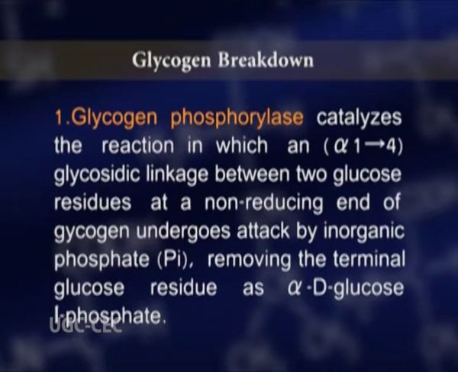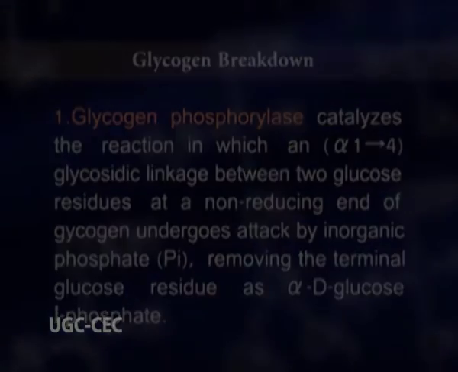Glycogen phosphorylase catalyzes the reaction in which an alpha-1,4 glycosidic linkage between 2 glucose residues at a non-reducing end of glycogen undergoes attack by inorganic phosphate, removing the terminal glucose residue as alpha-D-glucose 1-phosphate. This phosphorolysis reaction is different from the hydrolysis of glycosidic bonds by amylase during intestinal degradation of dietary glycogen and starch. In phosphorolysis, some of the energy of the glycosidic bond is preserved in the formation of the phosphate ester